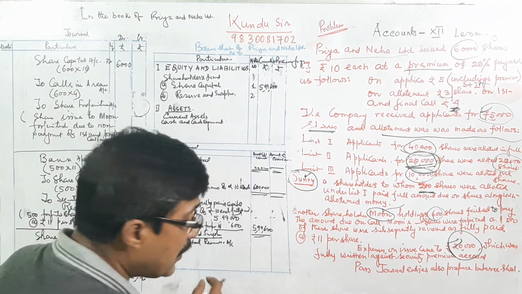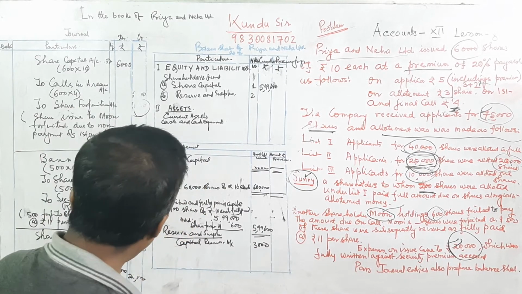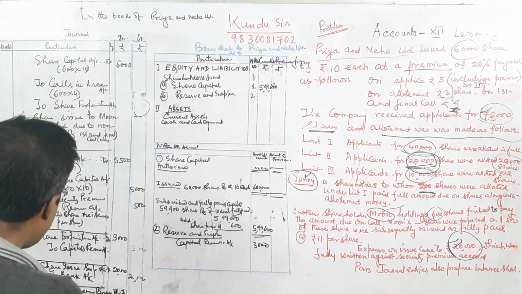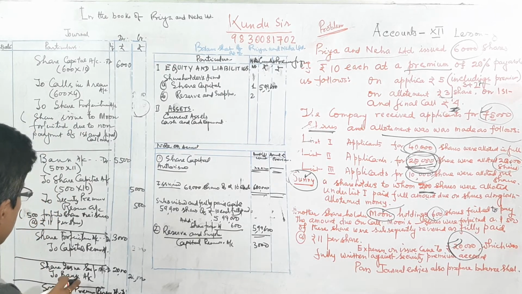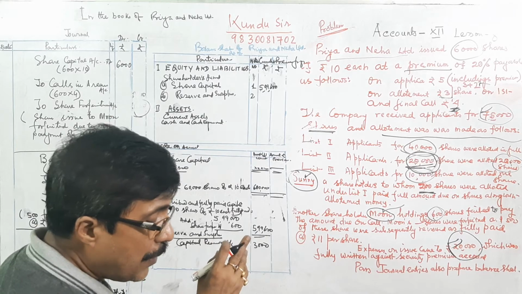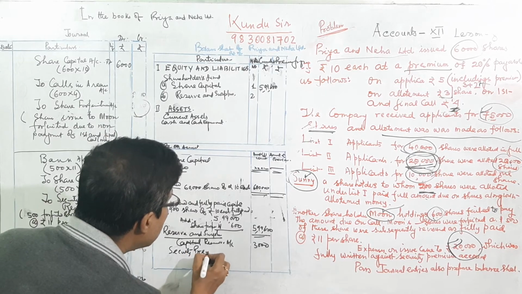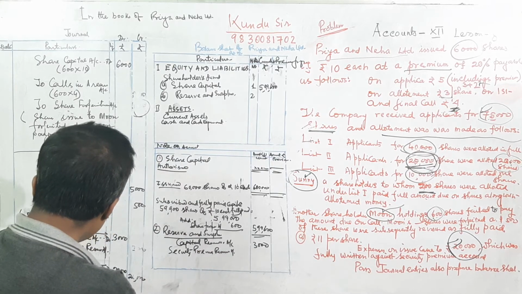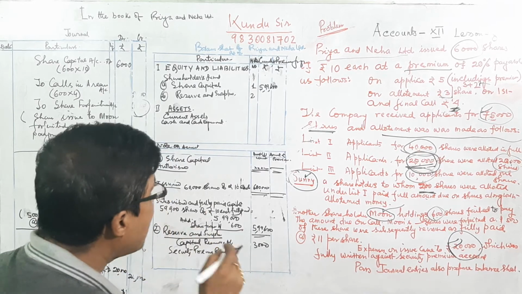We have transferred 3 lakhs to the capital reserve account, and after utilization of security premium of 20,000 to cover the share issue expenses, the rest amount is